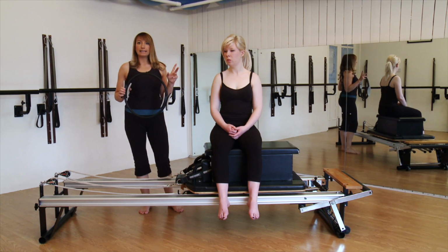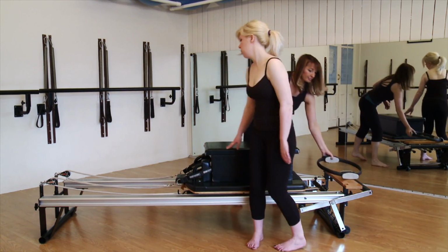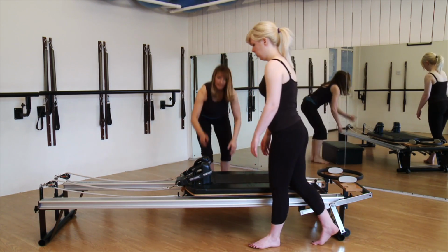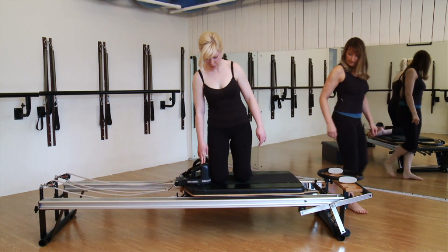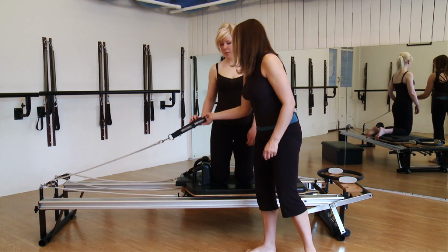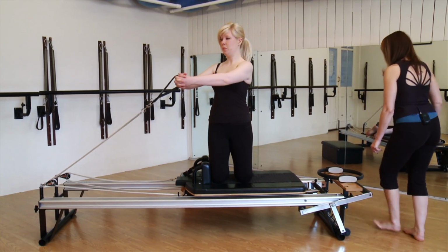We're just going to try it kneeling now. So let's take the box away. And let's be kneeling facing this way. That way, yeah. That's it. And just see what it feels like in kneeling. Okay, do you want the prop? You all right with that? Okay, so